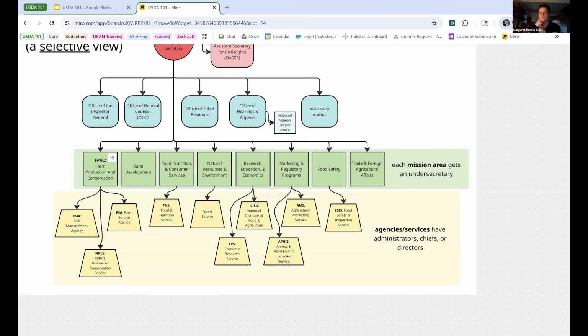This is just to give us a sense of agency size, and